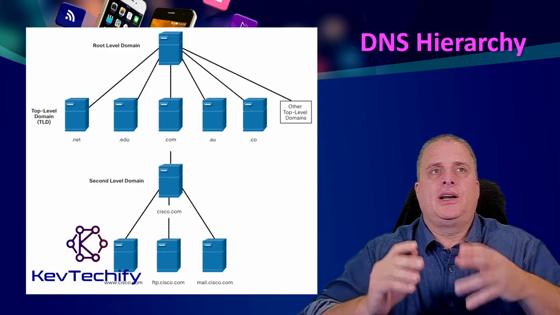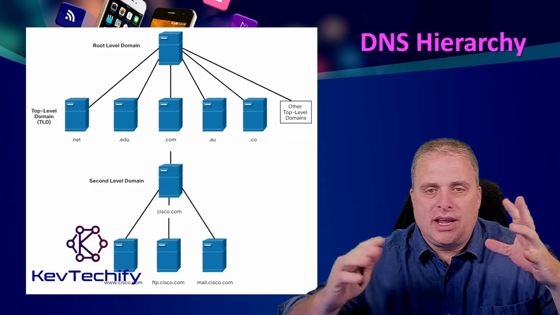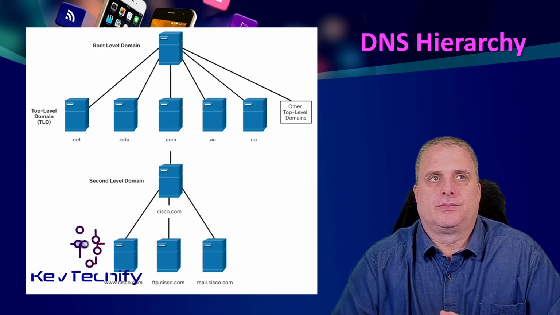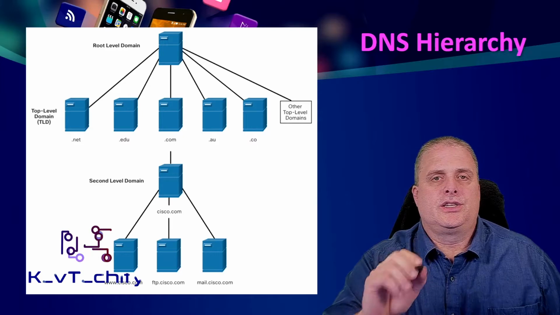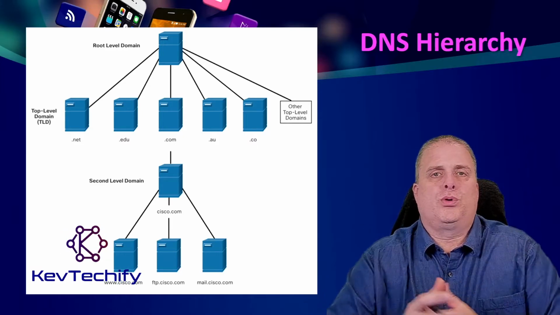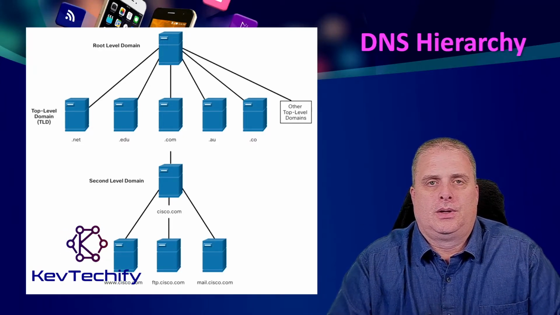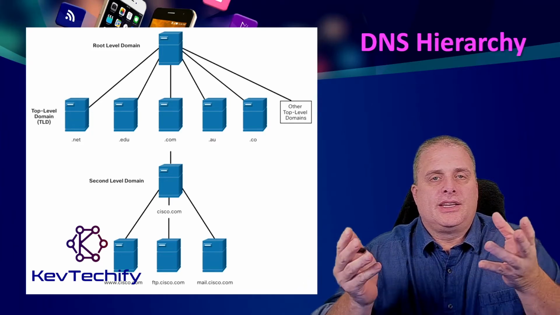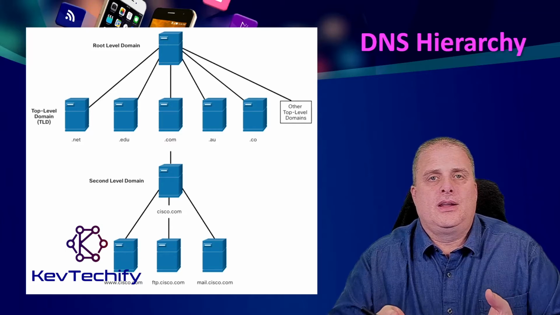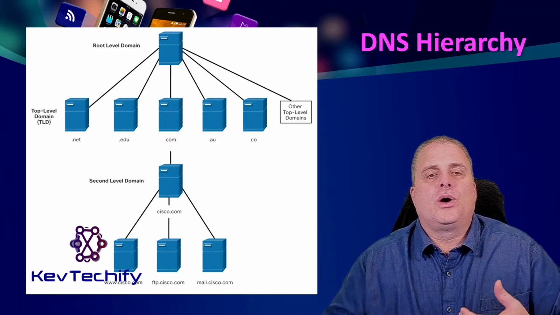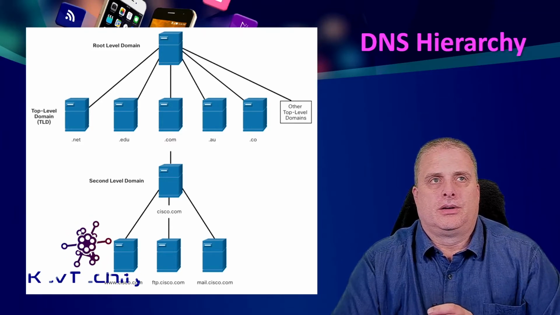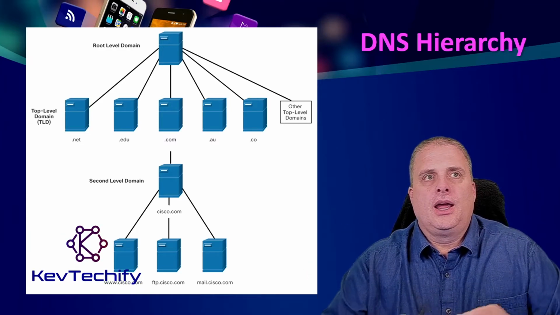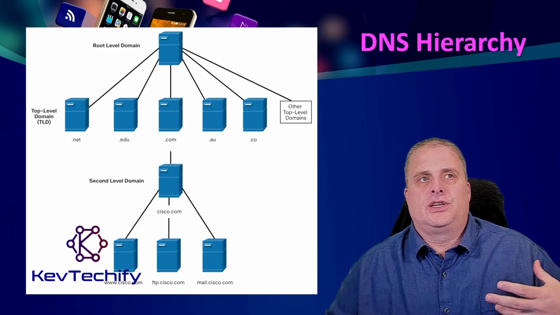DNS uses a hierarchical system to create a database of these name to IP resolutions. Each DNS server maintains just a small portion of the DNS system. And if in that small portion of the DNS system, it doesn't have the record for that, it puts that request to another DNS server. The DNS server receives a request for that name translation, and then it forwards it to another DNS server within